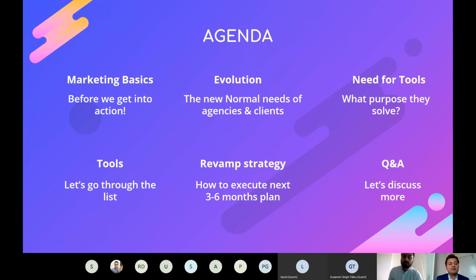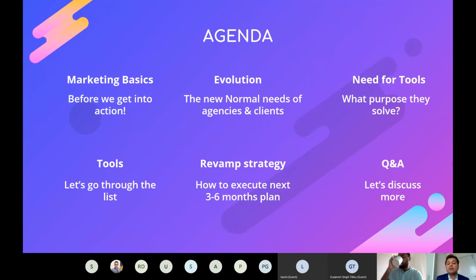The agenda that we have today has very clear, distinct areas that we will be covering. First and foremost, we'll look at the marketing basics. Before we even start looking at these tools, what should we be ready with? How is the agency and the client side evolving? What does it mean for Shiva as an agency, and what does it mean for me and for you as hotels? What are the solutions these tools are going to give us, and what are the problems they are going to solve?